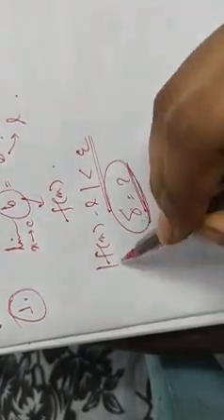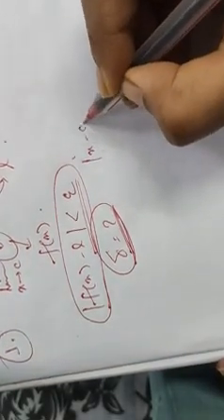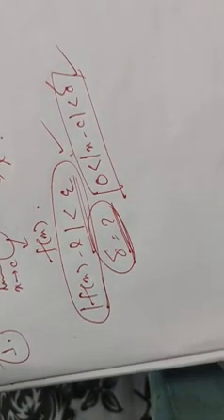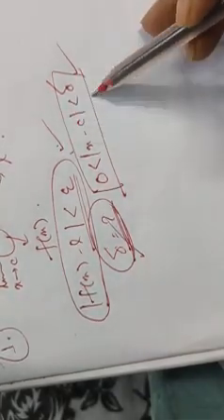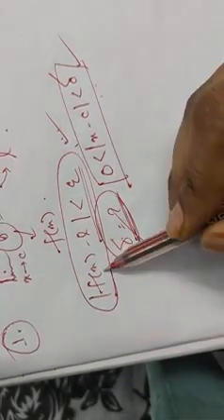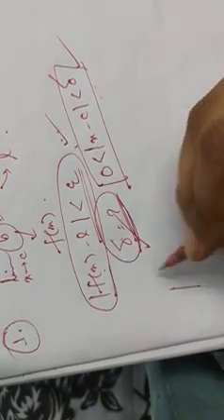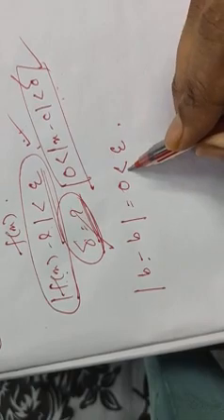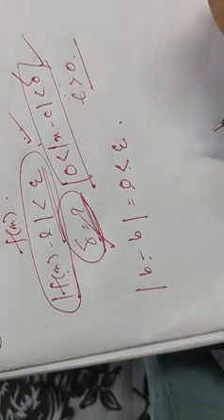We have the relations in our hand that |f(x) - L| should be less than epsilon, and |x - c| should be less than delta and greater than 0. These two conditions we have in our hand. We have to find the value of delta from these two relations. Now just put the values of f(x) and L. f(x) is b, L is b, so this is equal to 0, which is obviously less than epsilon, because we know epsilon is greater than 0. We are dealing with epsilons greater than 0. That is, this quantity is less than epsilon.